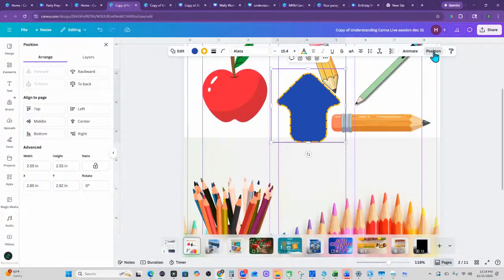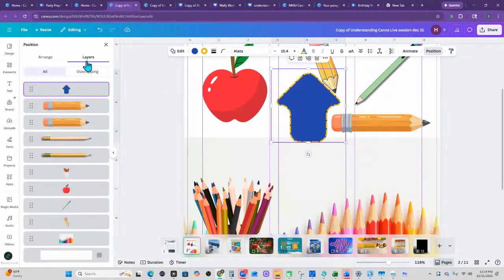Your position on the desktop version shows you the arrange and alignment, and how and where you can resize it, and also the position of it. On the mobile version, position is by itself and layers is by itself. But on the desktop version, you go to position. This is where you're going to see arrange and layers. You're able to move things around